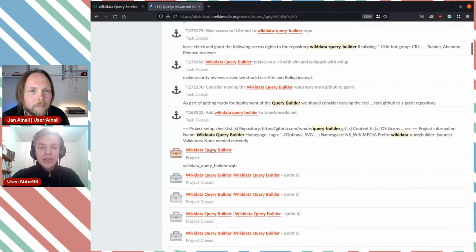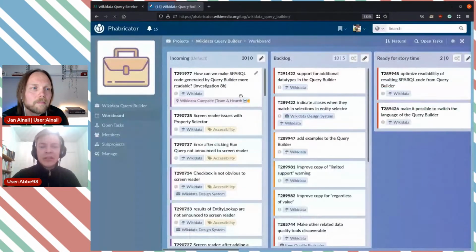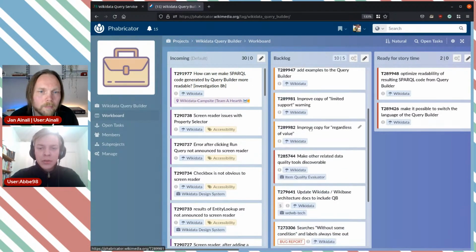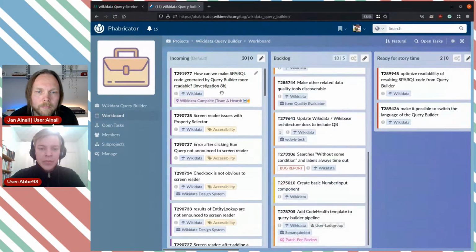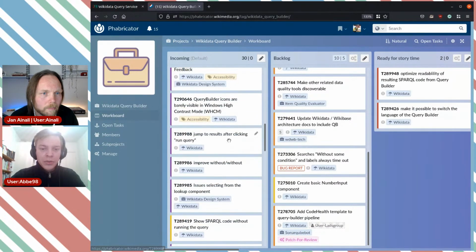And I happen to see that there is a project actually for the query builder. So I'm just gonna see if there's something related. And this is kind of their workboard and examples. Let's see. How do we make SPARQL code more readable, more accessible? That's good, but